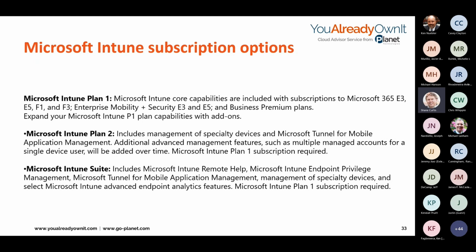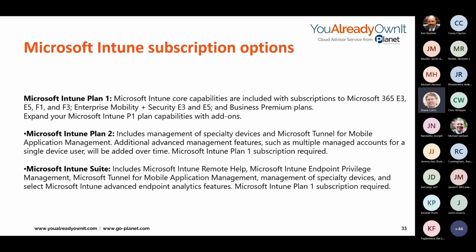And you can add individual capabilities as add-ons. If you just want one or two, you can put them in as add-ons. But honestly, once you get to 3 or above, you might as well get the Intune Suite, and that's an add-on on top of Plan 1